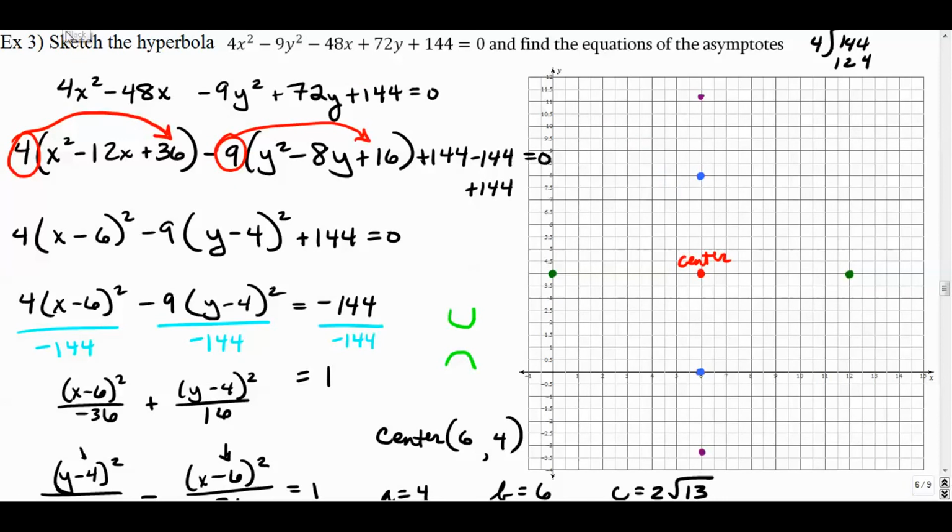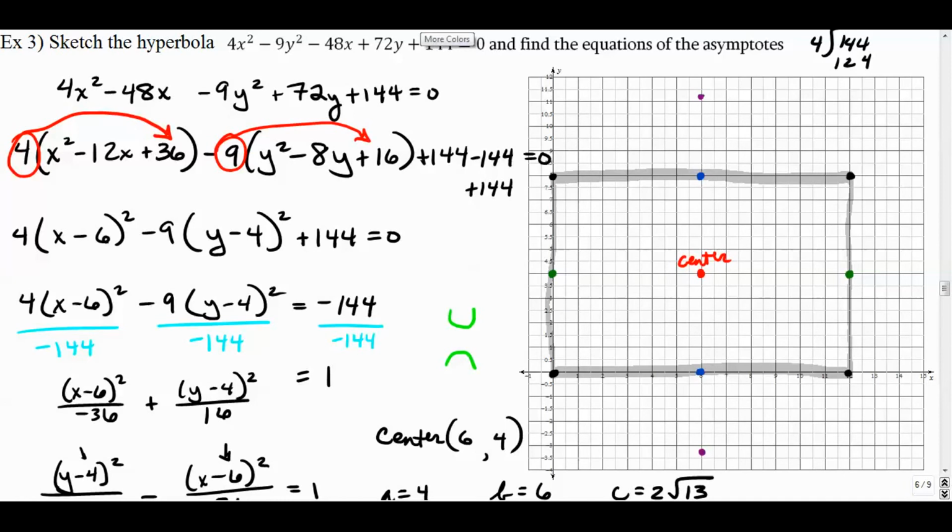But let's graph this. And in order to graph it, we're going to need to know exactly where our asymptotes are going to go. And remember, the asymptotes are basically going to be guided by this conjugate rectangle here. There's an imaginary rectangle that is formed from the vertices and the green points, the endpoints of the conjugate axis, and at those corners I'm just going to put dots,